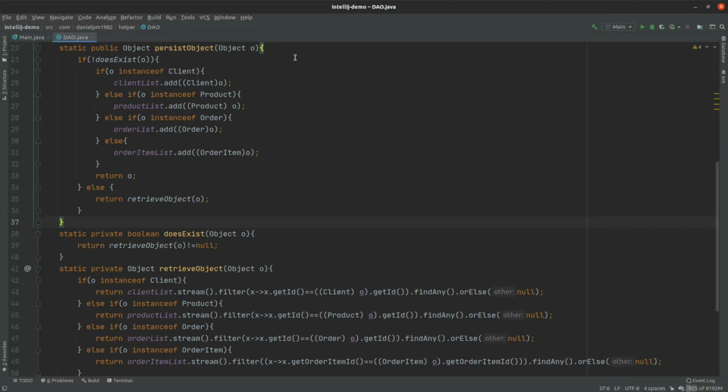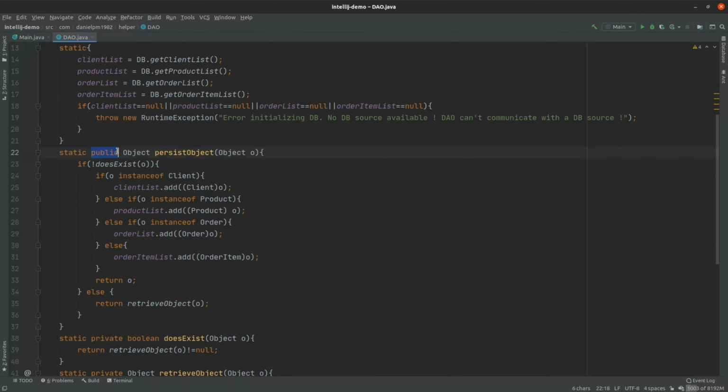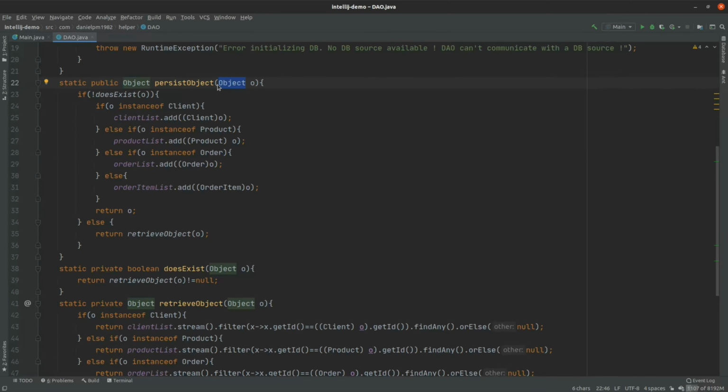So these DAO methods, of course they are not CRUD methods of a real DAO because we have not the connection yet, but just simulating that here. For example, the persist object we accept from any package an object, and that object can be a client or a product or an order or another item. I just use the object general parameter here to accept all 4 types without having to write 4 different methods